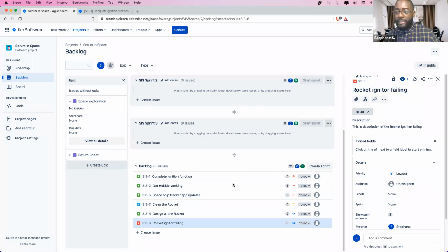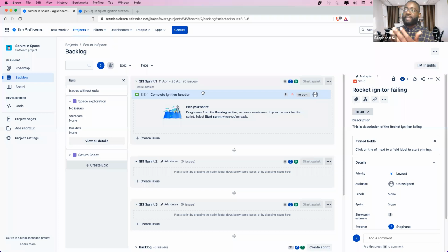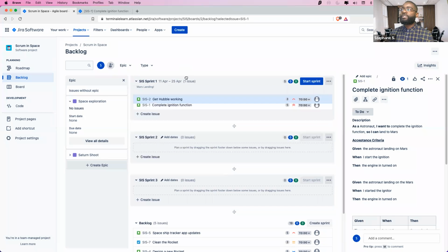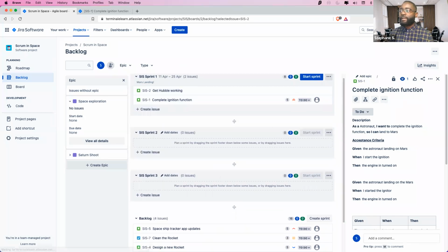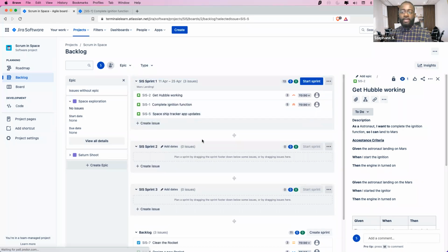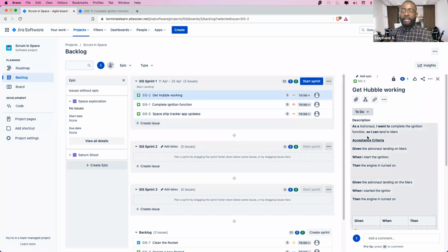So what happens is once we commit and we know that our capacity allows us to commit to stories 1, 2, and 5, we're going to drag them and move them into the next sprint. In our case, the next sprint is sprint 1, right? Drag it and move it to sprint 1. And the third one, drag it and move it to sprint 1. After we do that, now we need to make sure that we assign those stories. Again, that's coming back to not only the sprint planning where we commit. If I show you